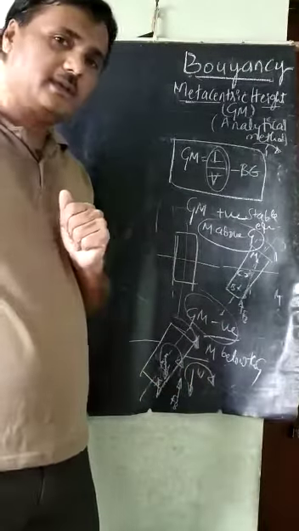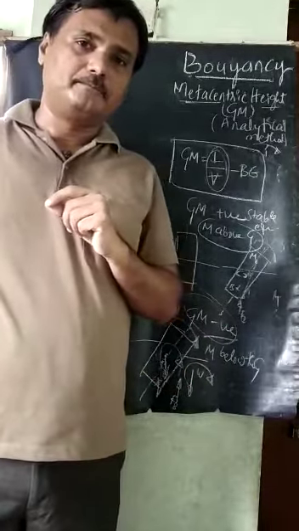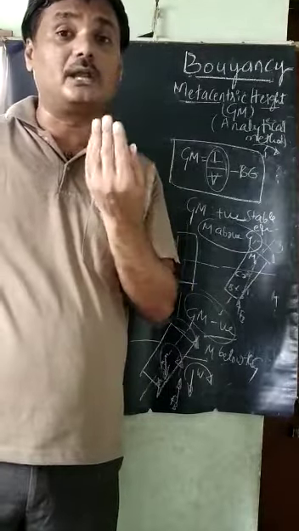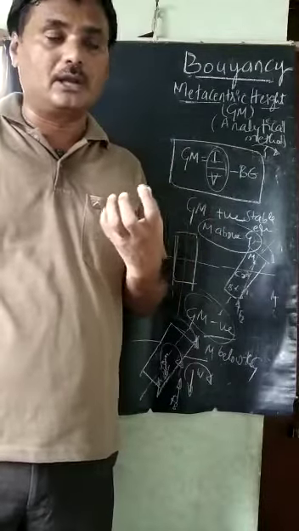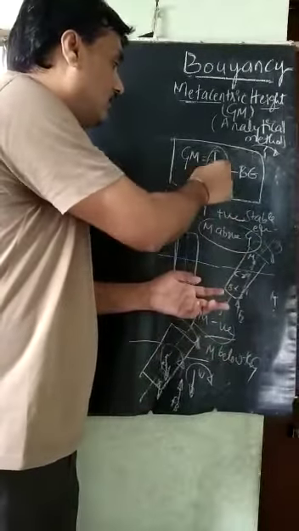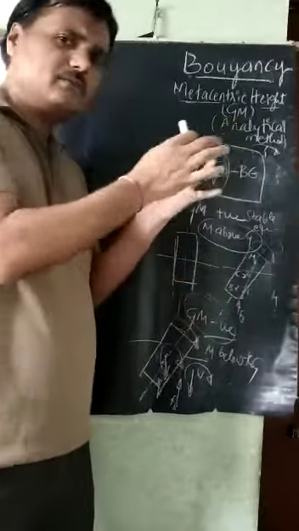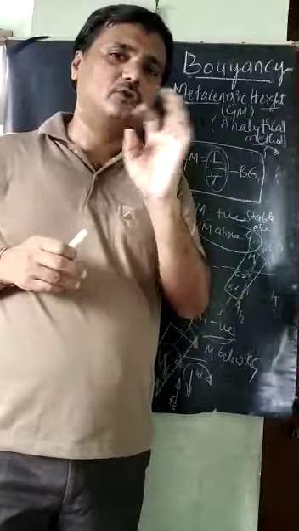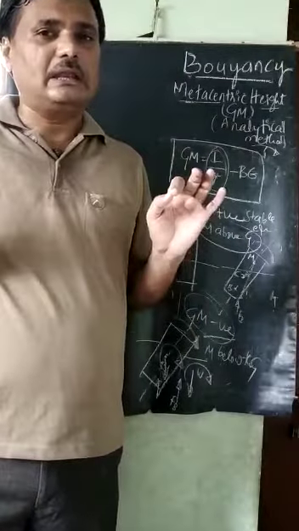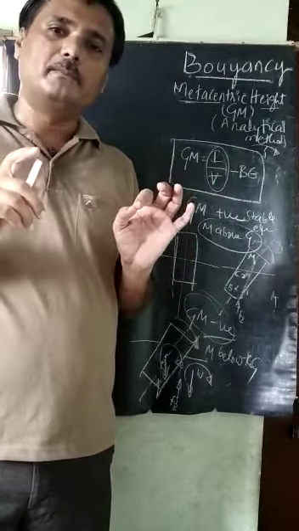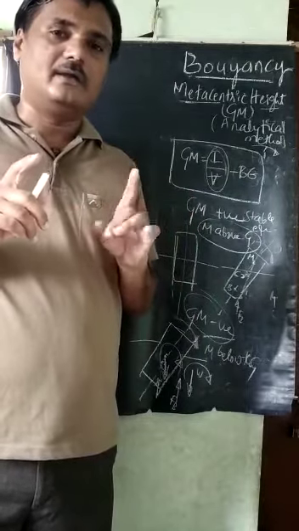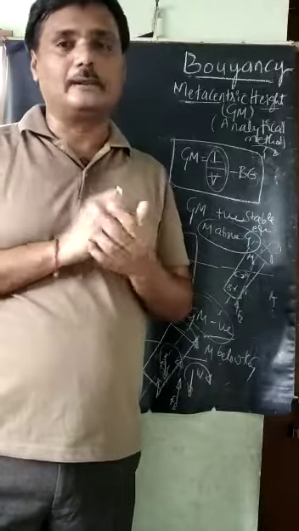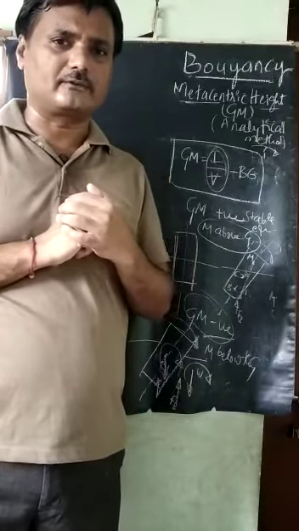M is below the G here. In numericals, they will ask us to tell whether that body is floating about its axis vertically or not. At the last we have to tell. We find I, V, BG, and substitute the values. Then when we get the GM value positive, straight away we can tell the body is under stable equilibrium and it is floating about its vertical axis like this.